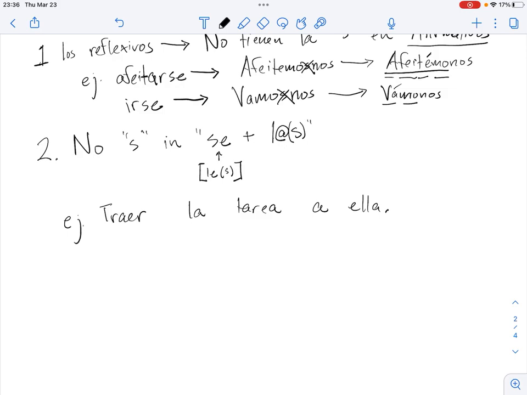So if it was usted or ustedes, it would be simple. Traiga la tarea a ella would be tráigasela. Tráigansela. But if it's nosotros, our command is going to be traigamos. Before we do anything else, let's figure out: traigamos. Seems like the emphasis is on the second to last syllable because it ends with an S. So once we start accenting this,